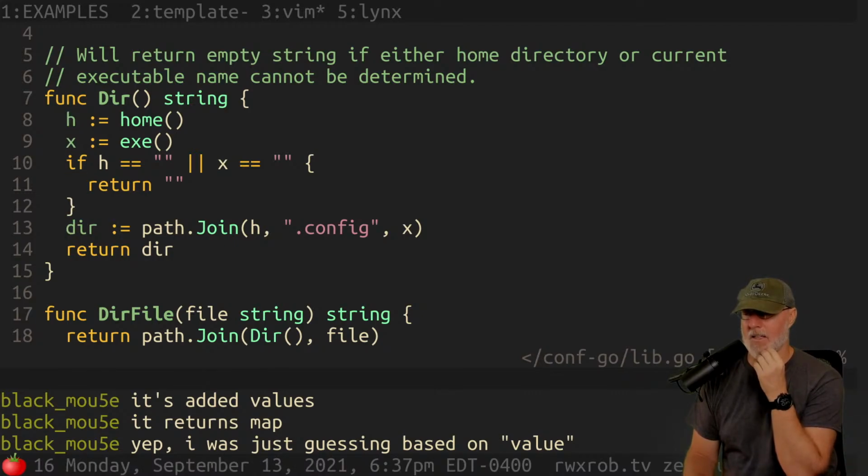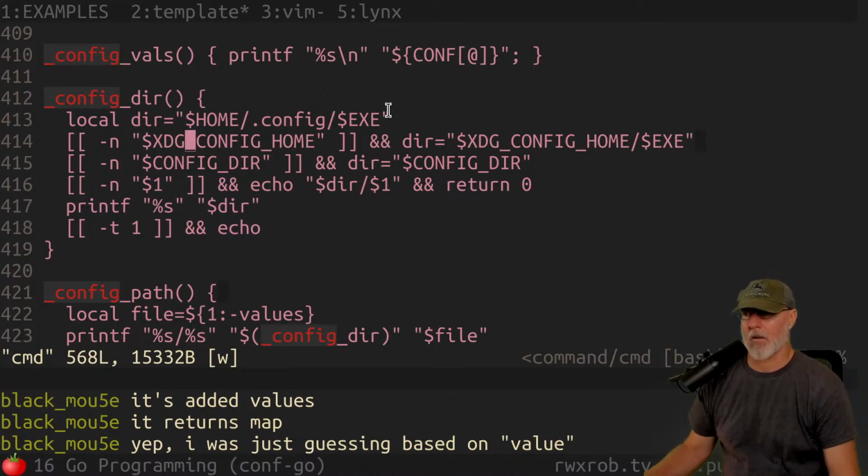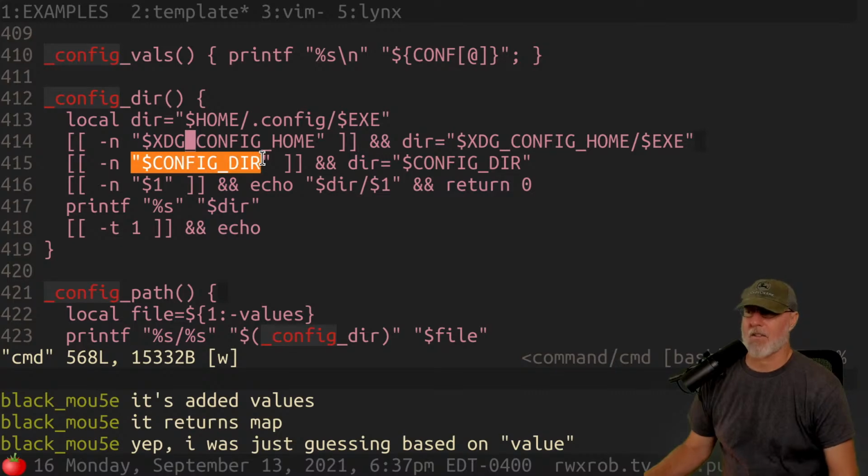The truth of the matter is, I didn't need to do any of that. Did I? Because that entire algorithm is covered for us. The home directory, this, and the config directory. Oh, no. This is reading an environment variable that overrides everything else.